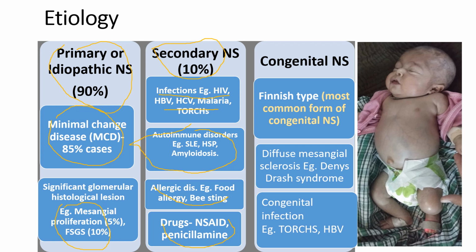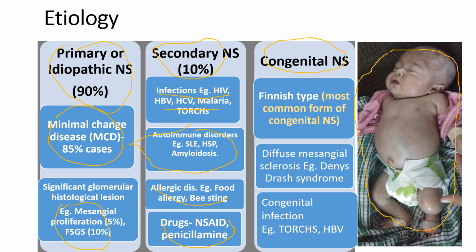If the infant less than 3 months of the age is presented with the all characteristic of nephrotic syndrome, example heavy proteinuria with the hypoalbuminemia with the edema with hypercholesterolemia, we can label as a congenital nephrotic syndrome. So in this picture you can see the 2 months old infant is having the generalized swelling of the whole body. This is anasarca, and this child is suffering from congenital nephrotic syndrome.